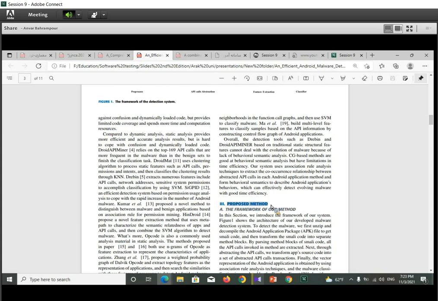Normally in research papers, the third part of the paper is allocated to the proposed method, to introduce the proposed method, the solving method, the solution, with enough details, and to propose the architecture of the solution and how the approach solved the problem.